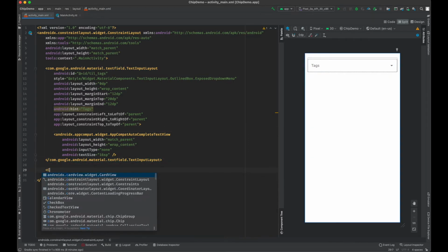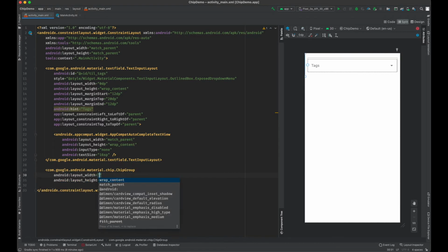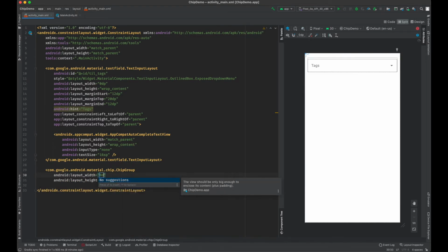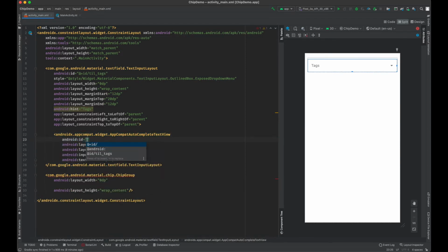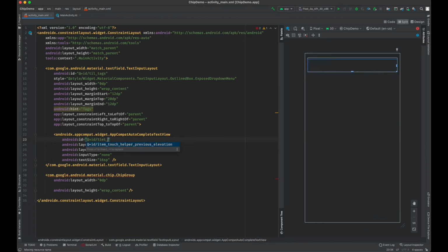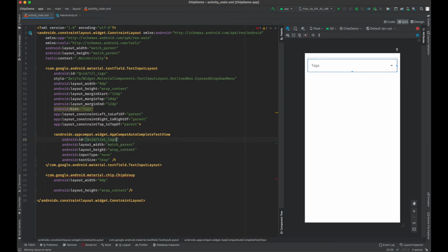So now we are ready, but yeah, we have to add a chip group, so that all the chips will be added in this parent layout. To add a chip inside the layout, the parent needs to be chip group. The chip group property will be like, if we add any chip to it, it will auto expand in any direction, like if we want it to scroll horizontally or if we want to scroll it vertically. So whatever property we put, it will scroll like that only.